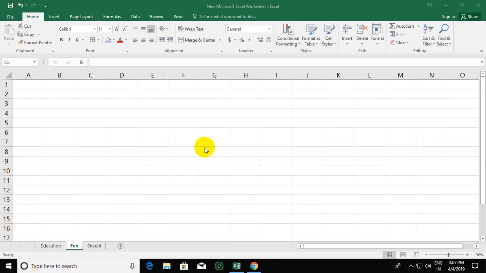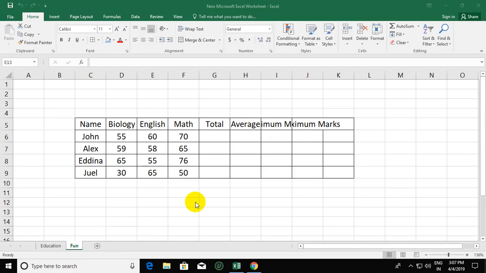Today we do some basic functions on Excel, or some basic math, whatever you say. So let's go. I just randomly made this. You can pause this video and you also can make this type of cell or number. So today we do total, average, and